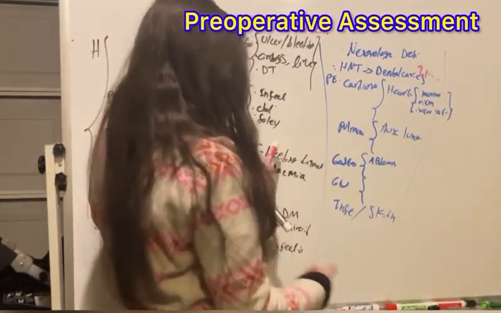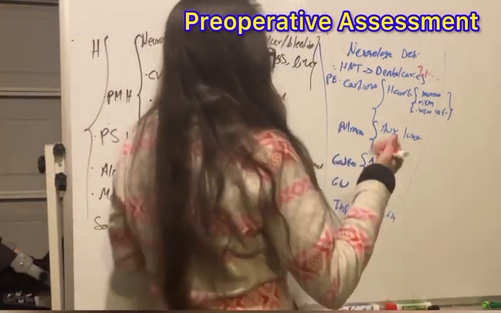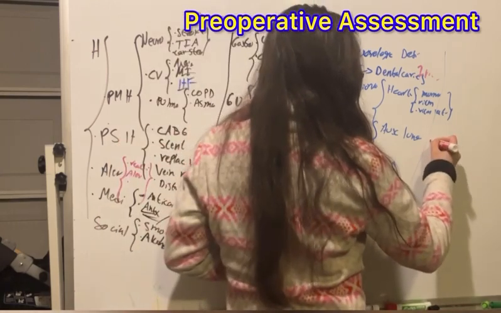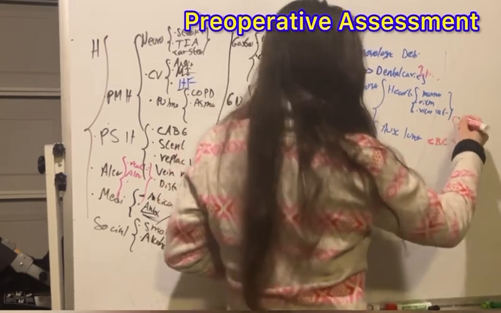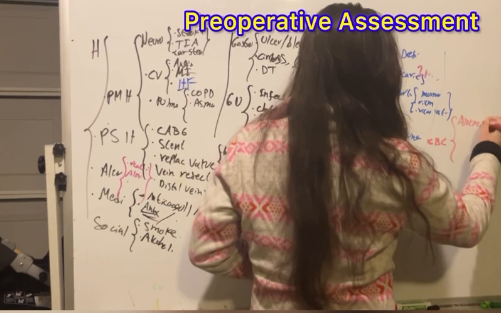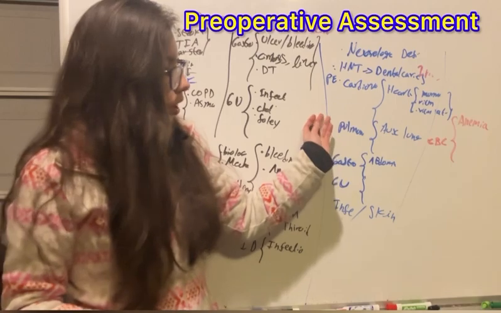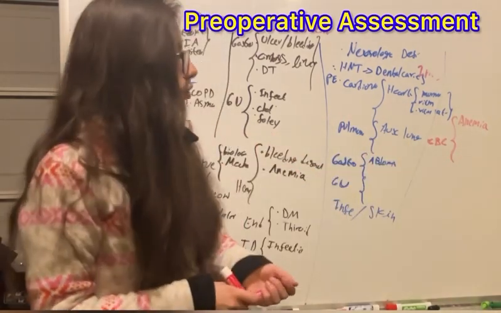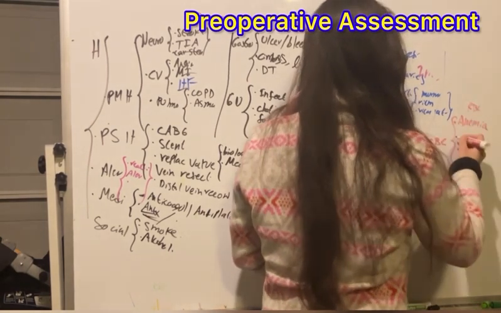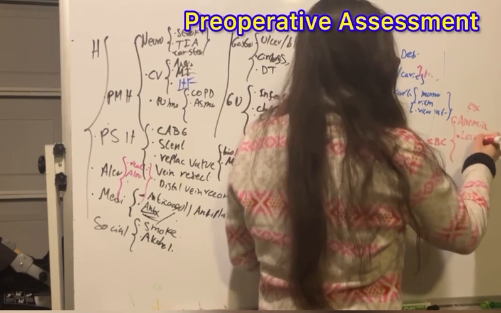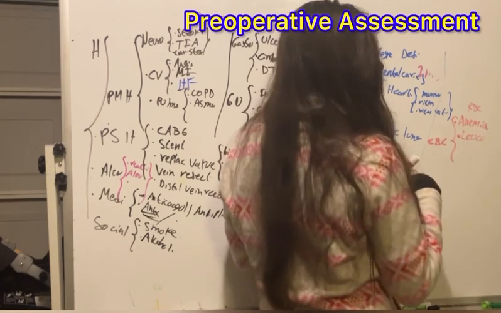And then labs we frequently ask before surgery. We need a complete blood count. We need to know if the patient has anemia. If the patient has severe anemia, we will need to correct the anemia before the surgery. So we need to evaluate red blood cell, we need to evaluate white blood cell. This is to see if the patient has or could have an infection. So leukocyte count,